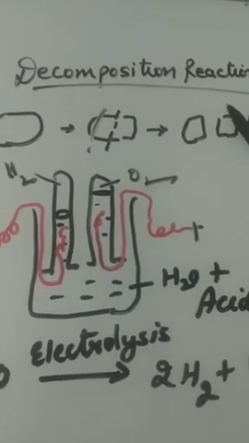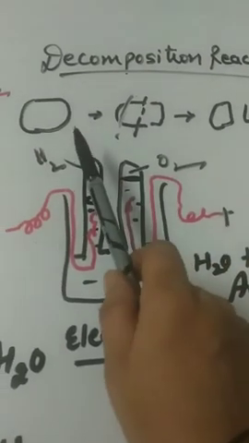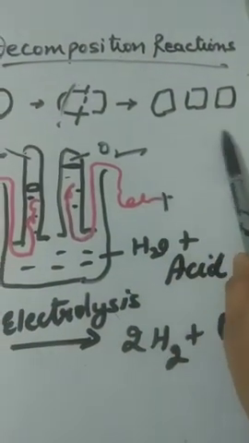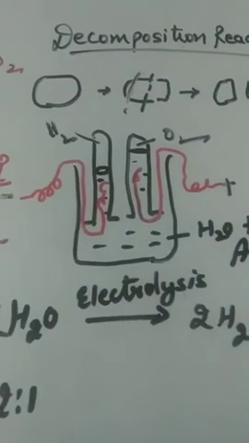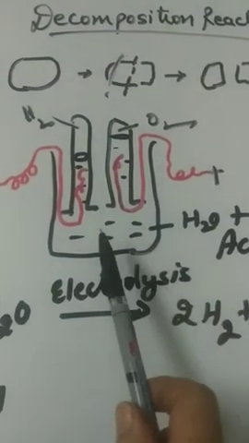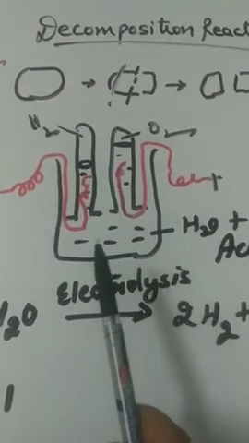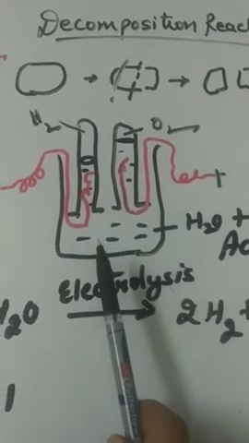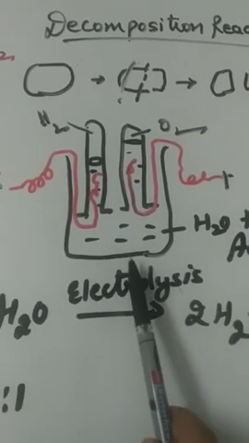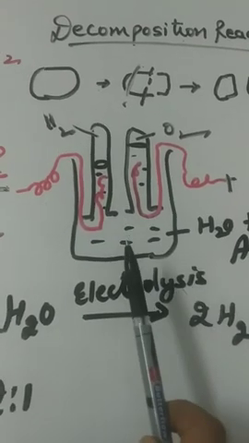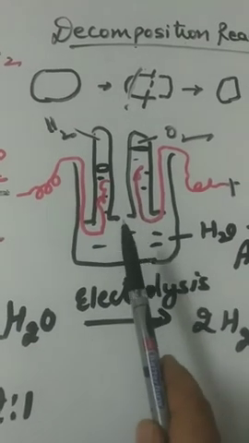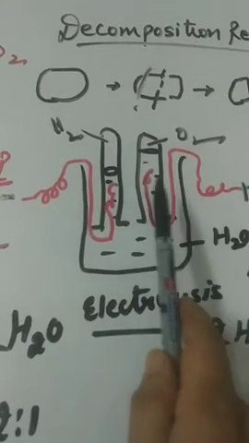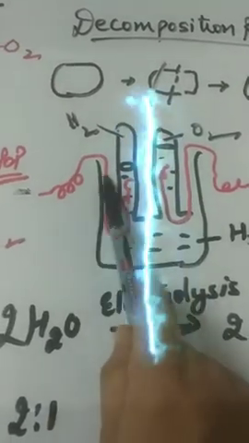Decomposition reaction. In a decomposition reaction, one substance breaks down into two or more substances. For example, decomposition of water on electrolysis. Electrolysis means breakdown of a substance by passing electric current through it. So electrolysis is a process in which a substance is decomposed or broken down into simpler substances by passing electric